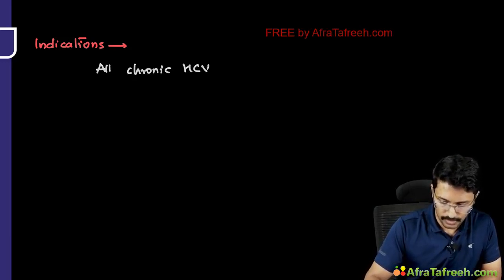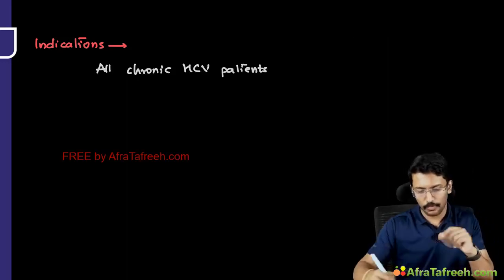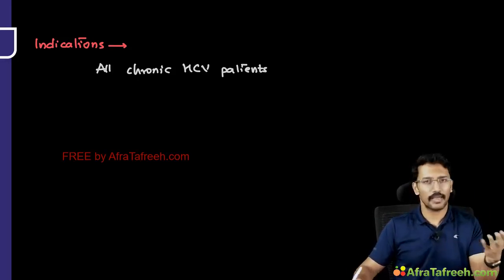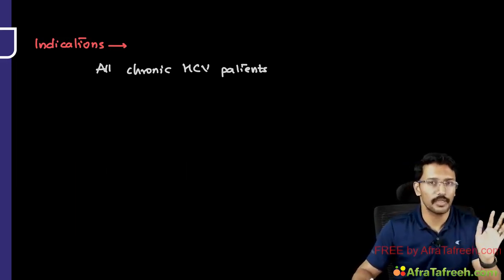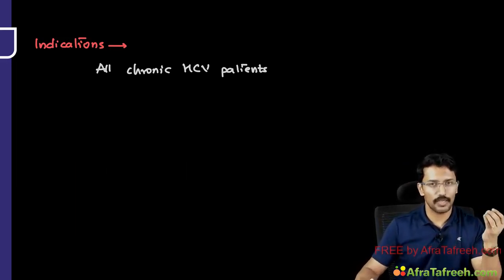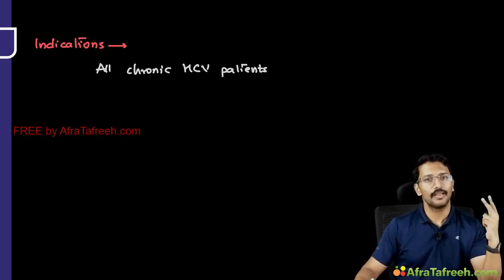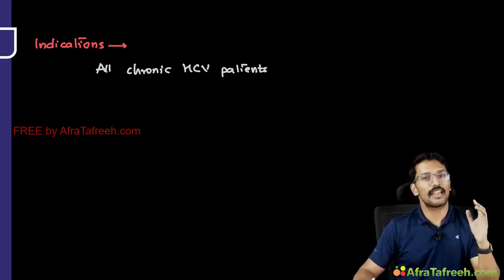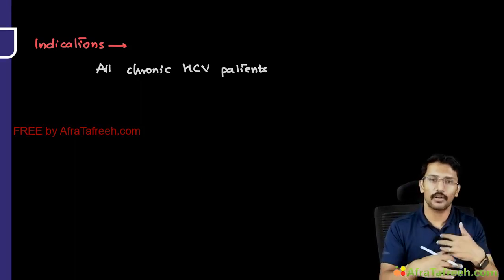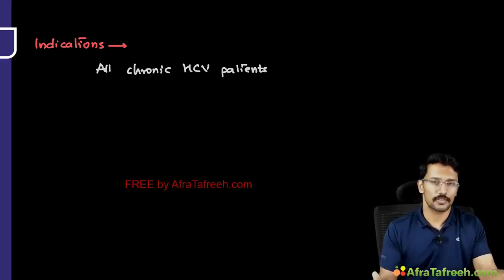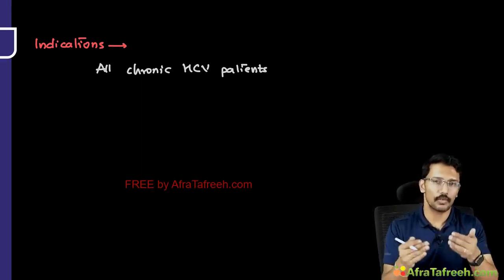chronic HCV patients. There are various reasons for that. Reason number one: even if you misdiagnose acute HCV, fine, treat, because chronicity is the rule. 85% plus are going to become chronic hepatitis C anyway. Less than 15% of patients get a spontaneous recovery. Number two, these drugs are very effective. When you can cure something, why think twice? These drugs are also relatively safe. They're not very toxic drugs. So when they're safe and highly effective, better to get them cured,